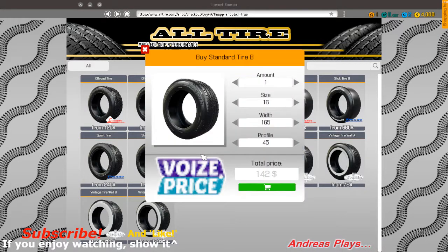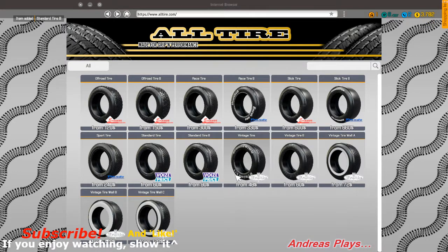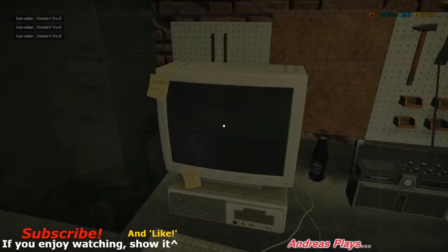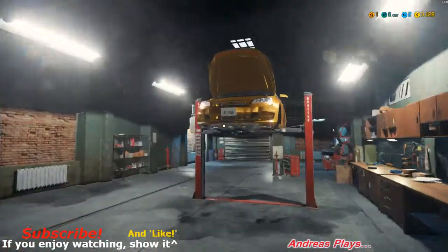Standard tyre B, 16-inch rims, oops, 205, 55 radial. One, I only got one. Let me do that again. I need 3 more. 16-inch rims, 205, 55s. And then